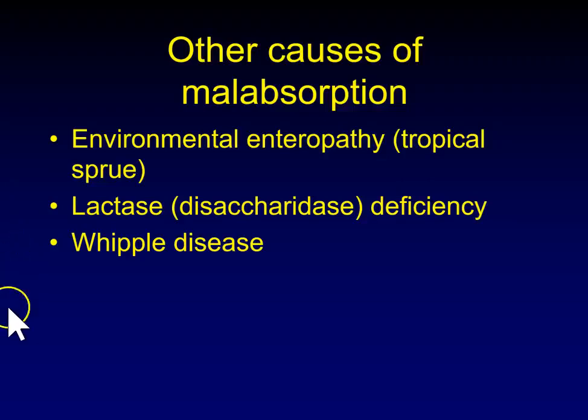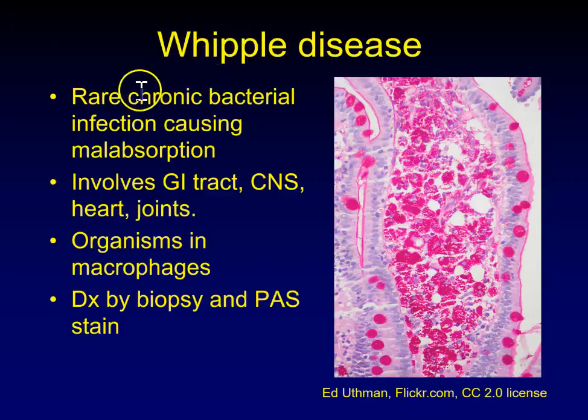Whipple disease is another cause of chronic malabsorption. This is a rare chronic bacterial infection. I'm not going to try to pronounce the name of the organism. It's in the outline. It was originally described in the GI tract, but actually involves the CNS, heart, and joints as well. These organisms accumulate in macrophages and are PAS positive, so they stain this bright pink color with the PAS stain. Diagnosis is usually by biopsy with the